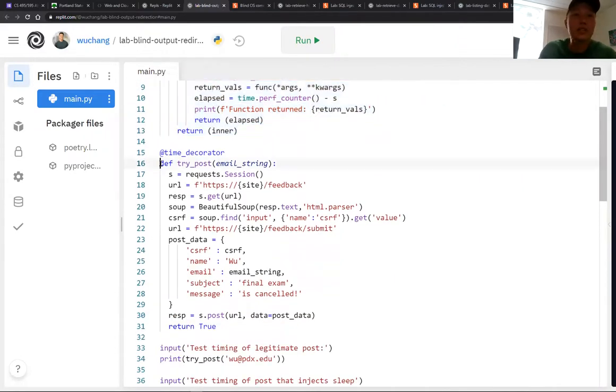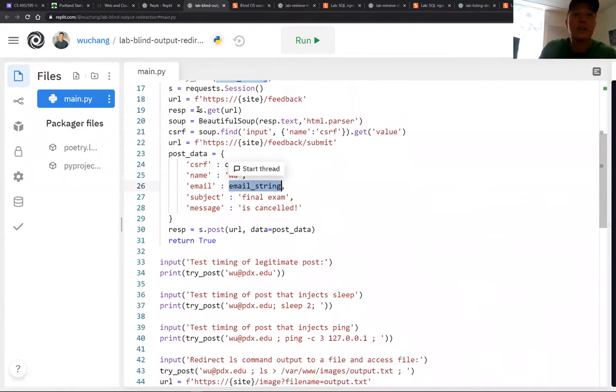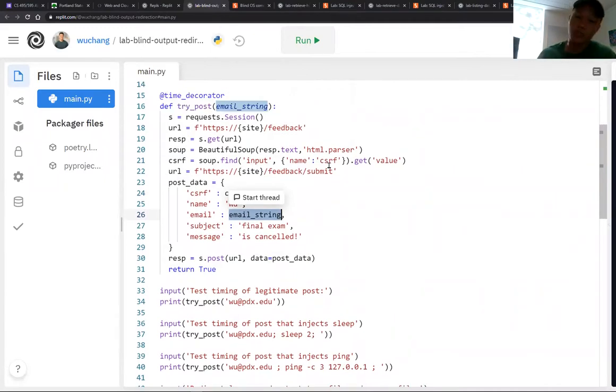And then what I'm going to do is try the post using that string. That's the original URL for the main page, in order to get the CSRF token, which is what I'm doing here. This is the URL for the post. And then the post data has the CSRF token, has my name, and has whatever I send to try post. So try post is my